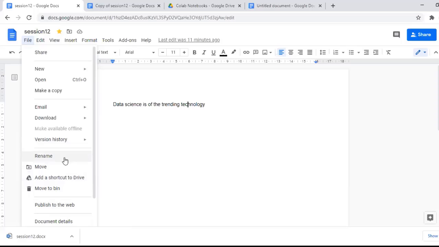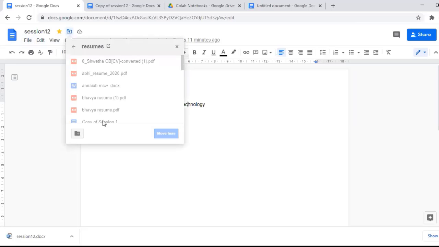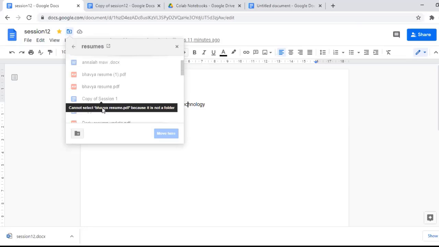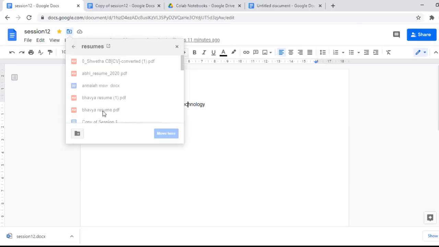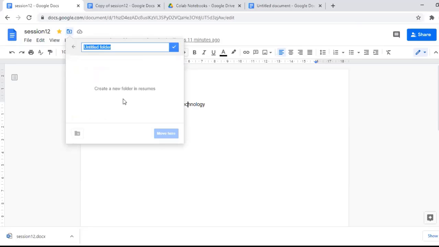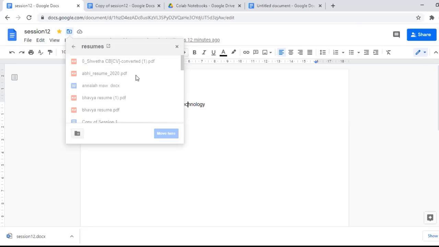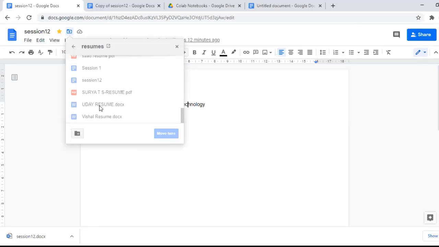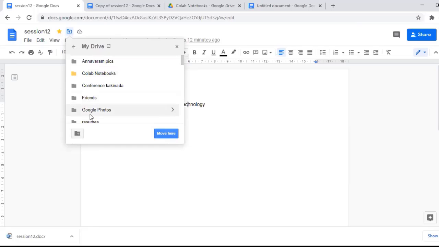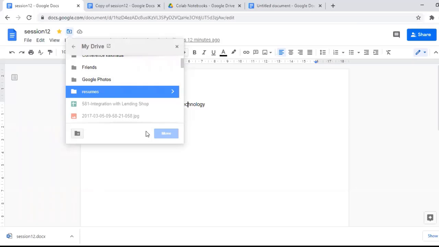Okay, so next one is move. You can move this particular sheet to any other folder. I was going to move it to resumes.